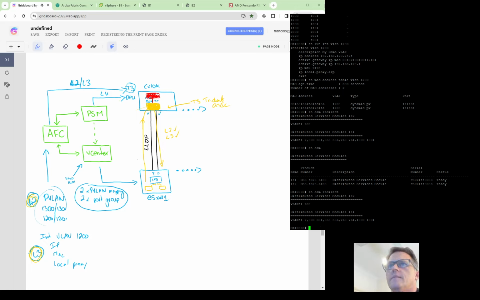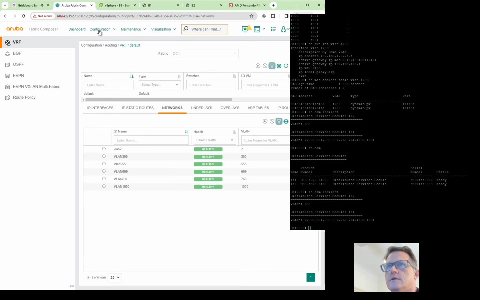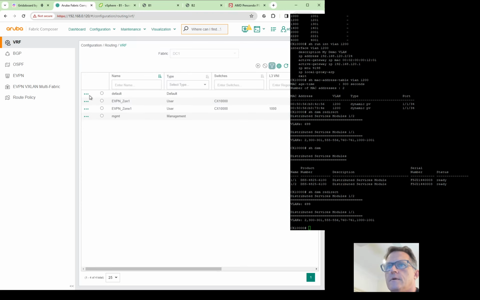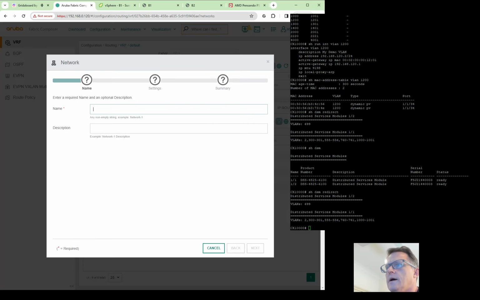To do that, we simply come back into AFC. This can also be done inside PSM. Up until this point, everything we've done has been inside AFC or through the CLI of the Aruba switch. But now we're starting to configure the Pensando DPU. So we come to configuration, routing, VRF, select the VRF we're interested in, come to networks, and you'll see that this list of VLANs looks the same as these VLANs here, because that's what they are. Add